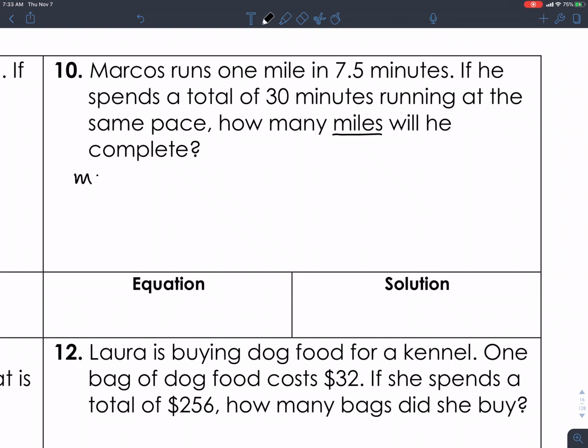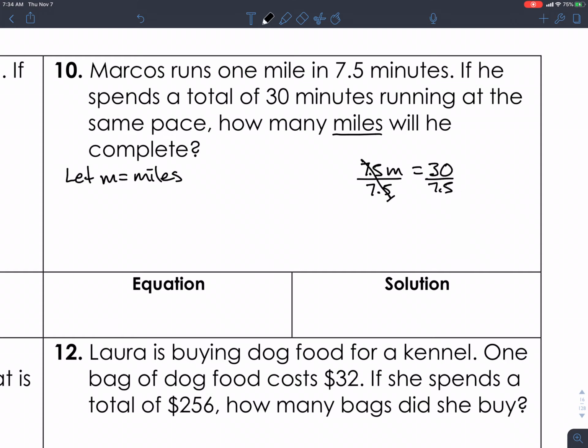So let's do, erase. Here's our let statement, M equal miles, and we need to come up with an equation. Well, what's the total amount that he ran, time-wise? 30 minutes. He's running 7.5 minutes per mile, so we do 7.5 times the number of miles will give us the total time he ran, and we can figure out what the miles should be. So all we got to do, divide by 7.5, because 7.5 times m, 7.5 times m,